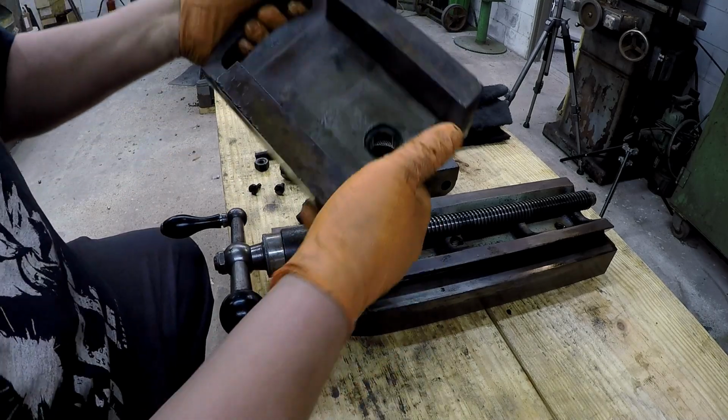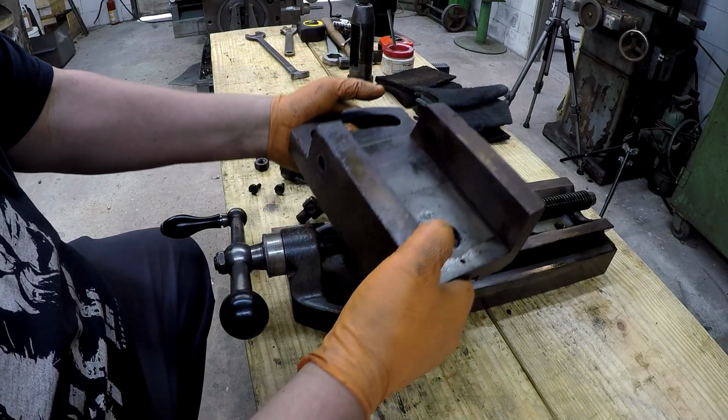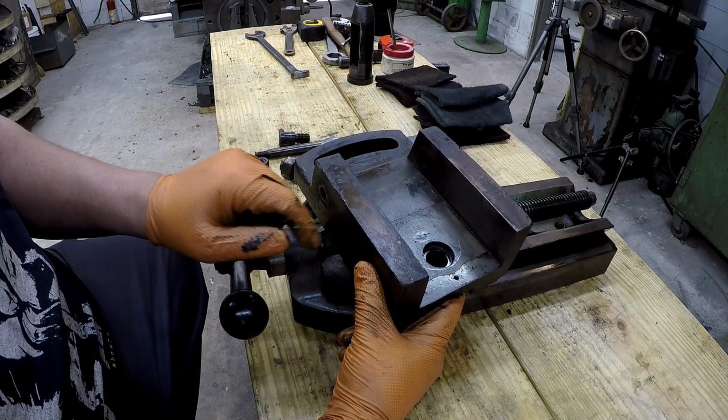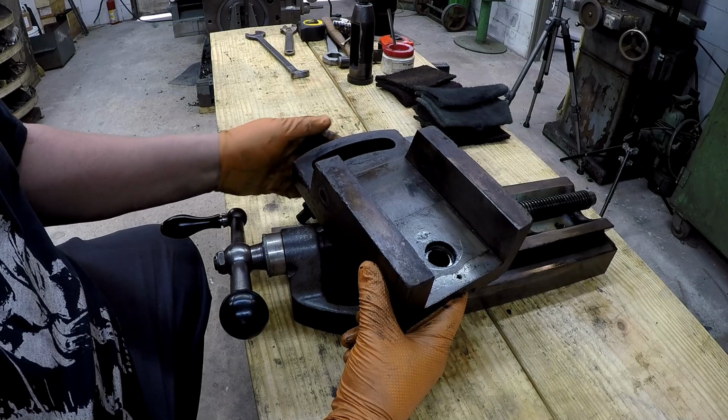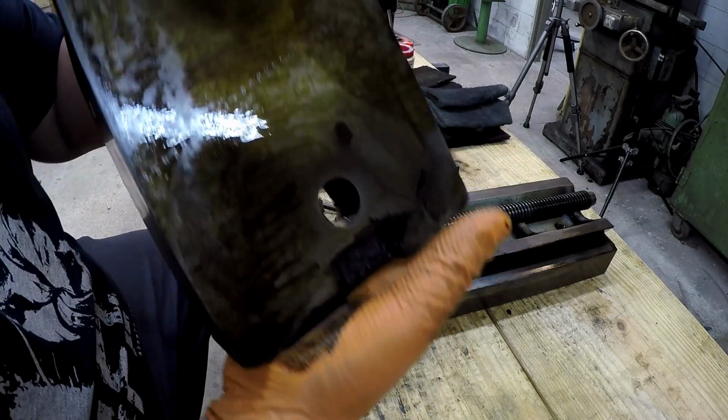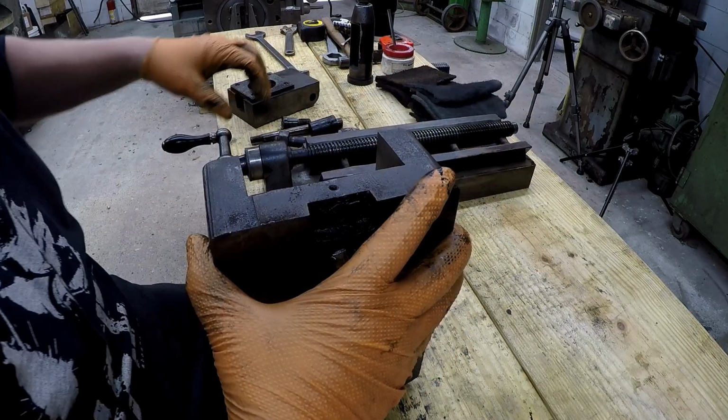And then this gives you another look at the marks and the dings and the flares that need to be cleaned up and addressed, and I really want to get all that cleaned up real good. All right, so from there,